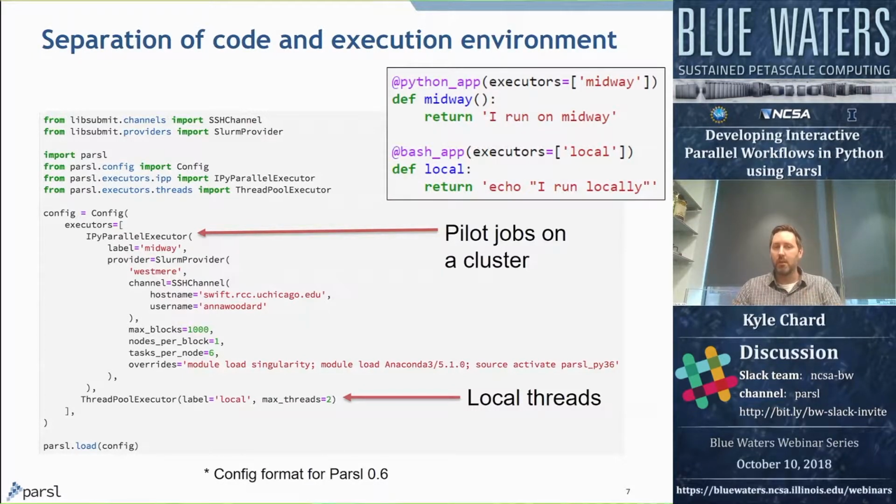And of course, this could also be changed. So you could have Midway, you could add Blue Waters here, you could go and add Cori or another machine that's out there in the Exceed universe, or one of the national lab machines like Theta. And then when you define your script, you can optionally define which executors you would actually like to use for a particular app. By default, any app will execute on any of the executors that are defined in a round